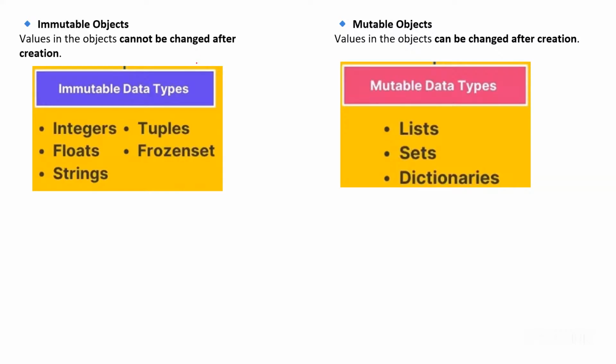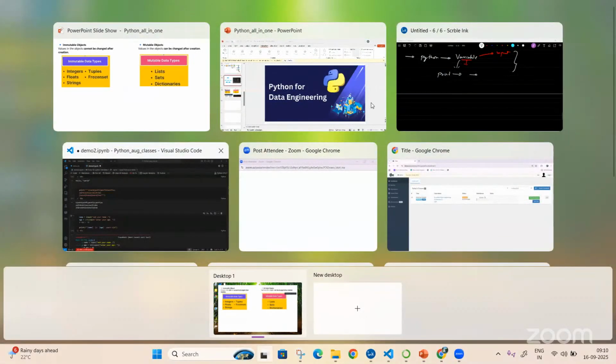In case of immutable, we cannot change the data. If we assign any data to a variable, we cannot change it. But in case of mutable, we can change. Okay, others? In case of immutable, whenever we assign some value to a variable, we cannot change that, and we can change that in case of mutable. Okay, all agree with this? Everyone agree with this? Yes. Yes, Sagar. Okay.